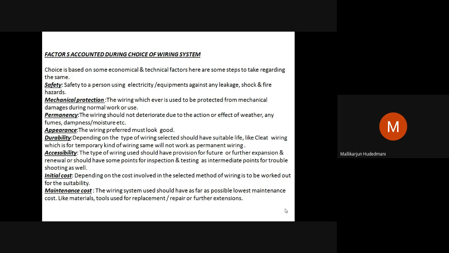Then durability. How long should it run? Today I purchased a fan during my new installation of the house. Over a year, it started burning and failed. And an electrical geyser I installed in my house, the wiring got burned. So this should not happen. The durability of the equipment and wiring I do should be at least for a span of time. Then the class of material, quality grading, and standards which are to be used, I should practice. So therefore, I should be careful about that. Durability, lifespan, permanency, protection, safety, appearance, and accessibility.